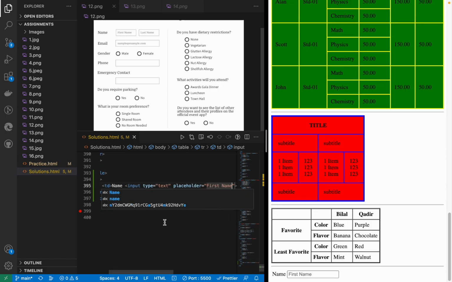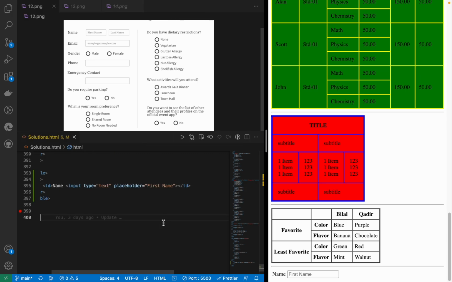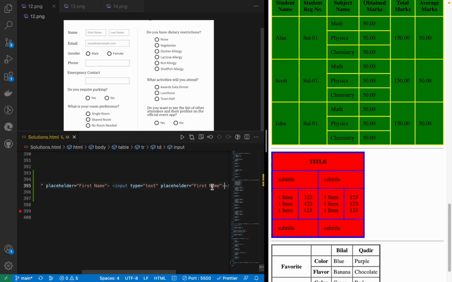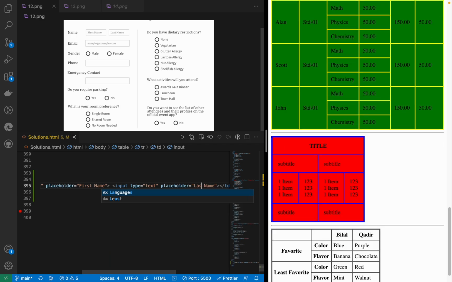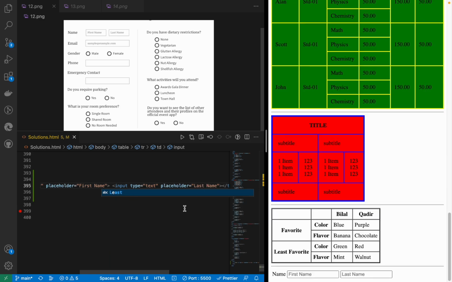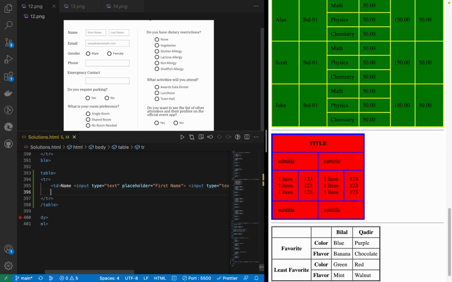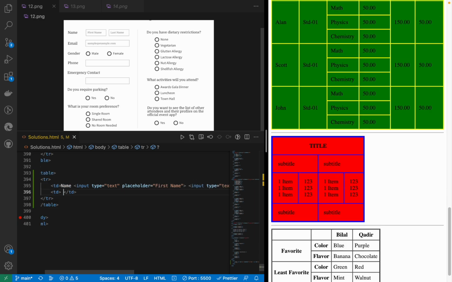In a similar fashion we can enter the other input type, which has the placeholder last name. So this is done. Now in the other td, in the other column, we need to enter this: